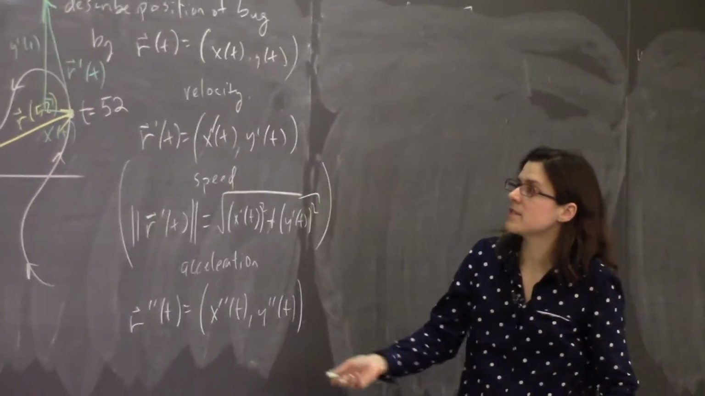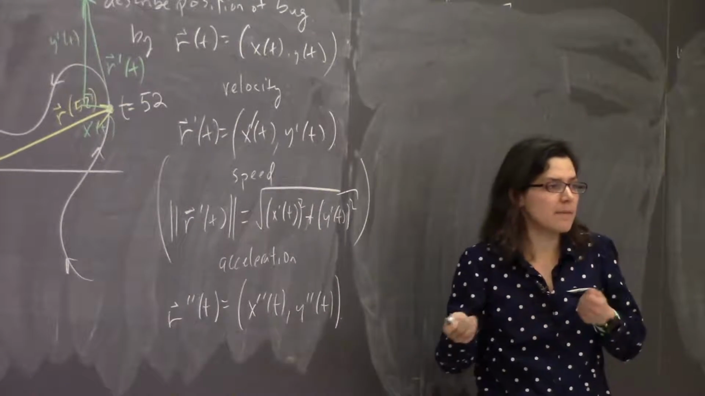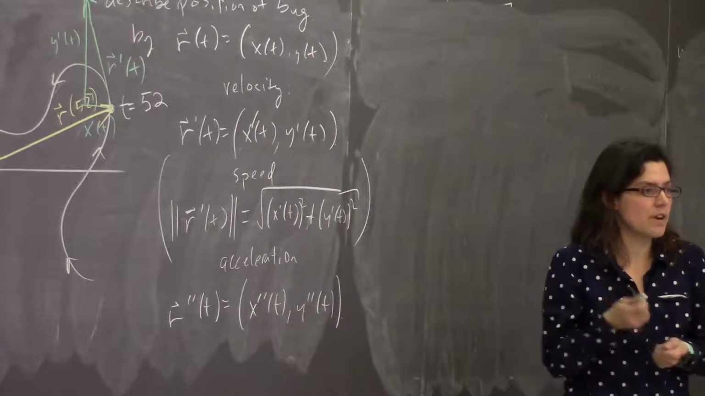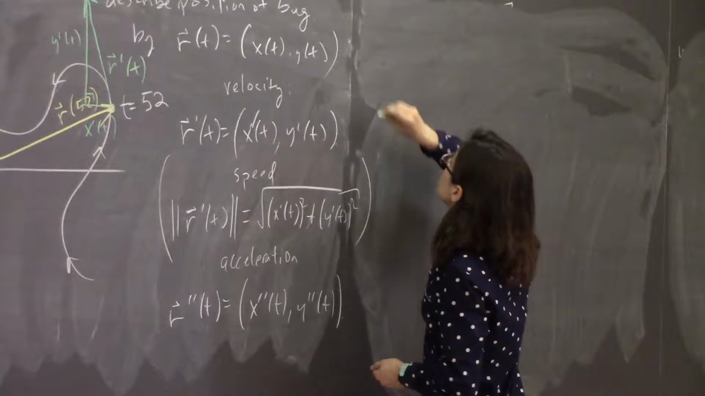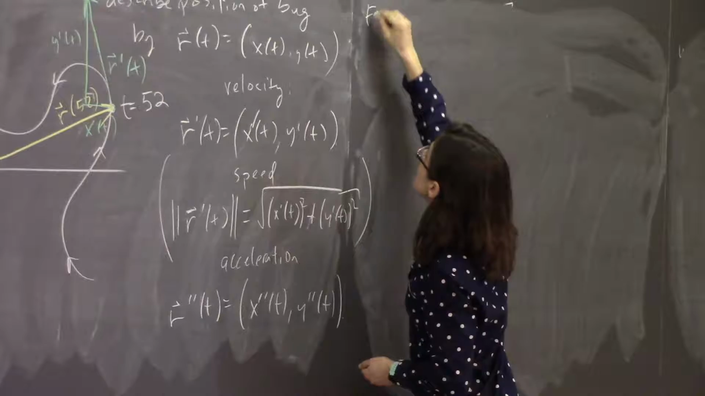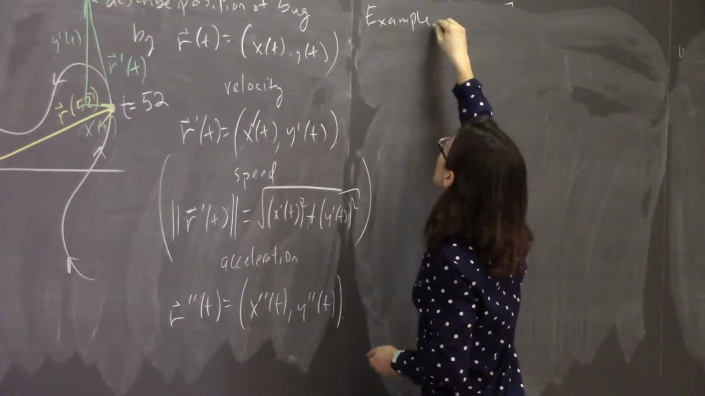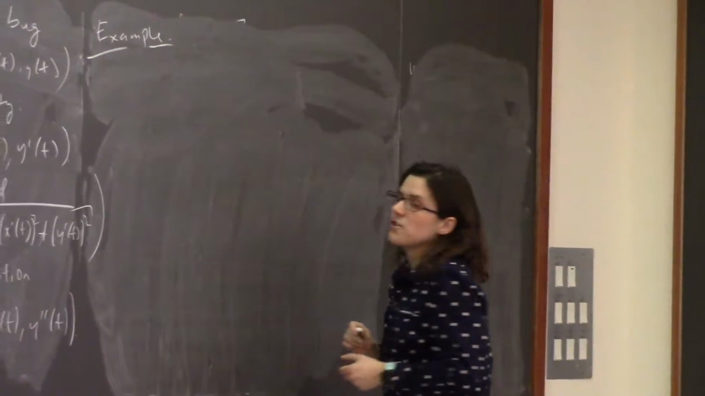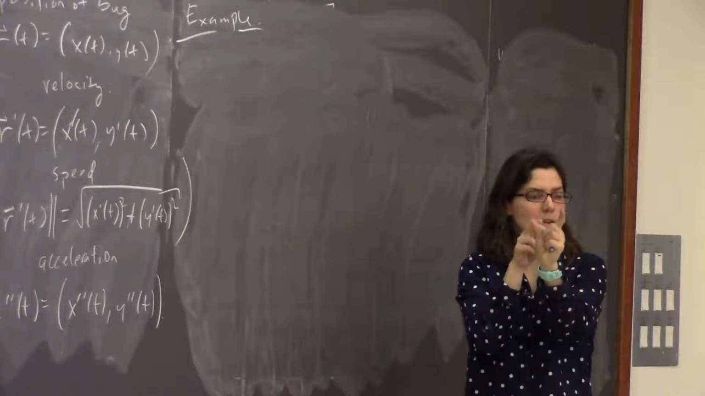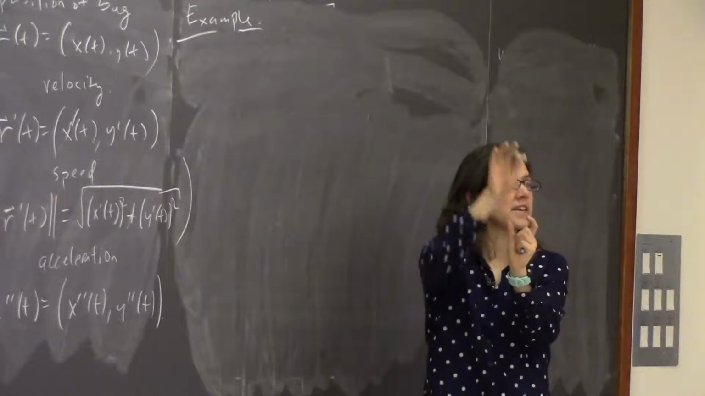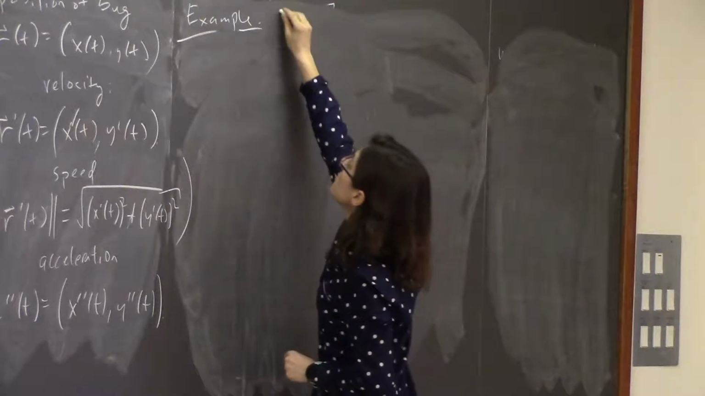But something that often happens in life is that you know something about how it's changing, and you want to know actually where it is at all times. So let's try that. Example. Suppose that you have a slingshot, and you're going to shoot a pebble. And you want to know how the thing is moving over time. So suppose